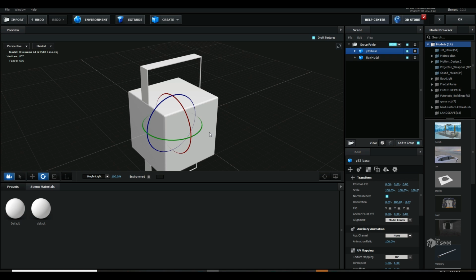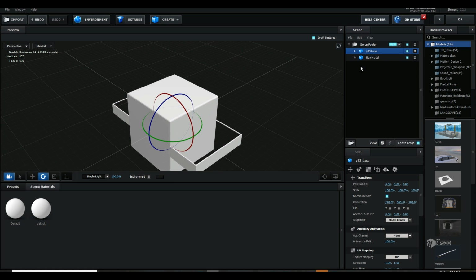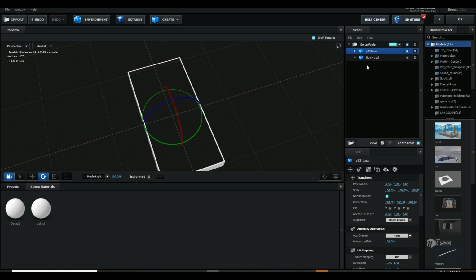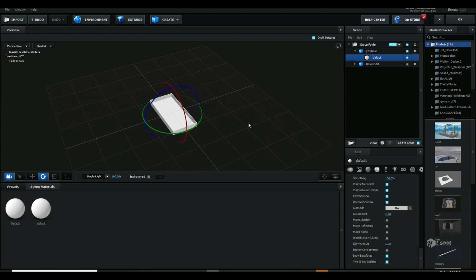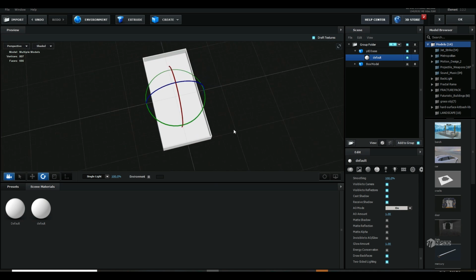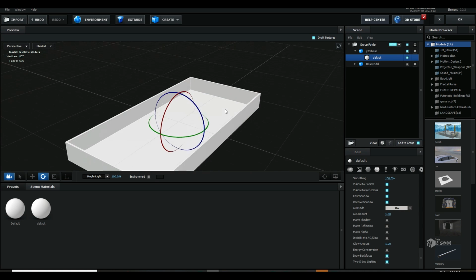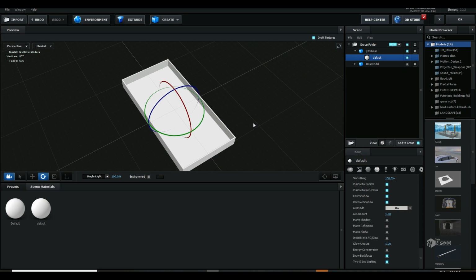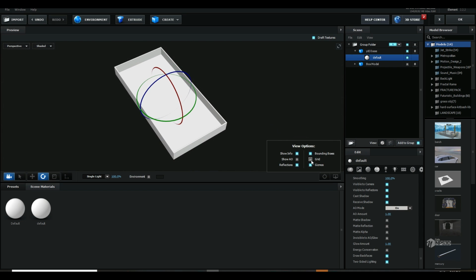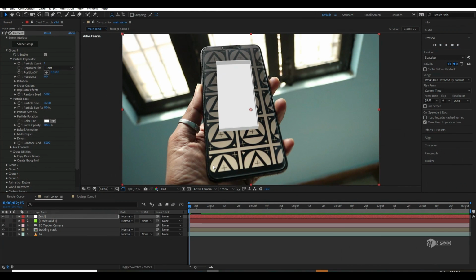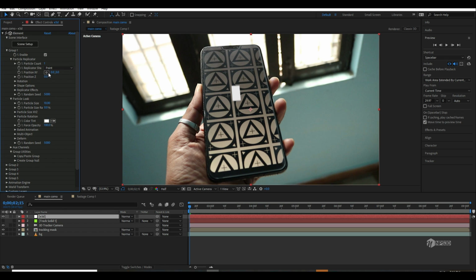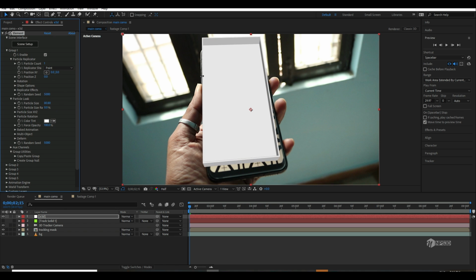This is what I modeled in Cinema 4D, and if I click here and go to draw back faces, now I have an object the same size as my phone, and this is just a very rough basic object. You can make it in any 3D program, like Blender, which is completely free. Now let's hit OK and see. Here you can see this is not the correct size. So let me switch back to the default size of 10, so I can increase the size from here,